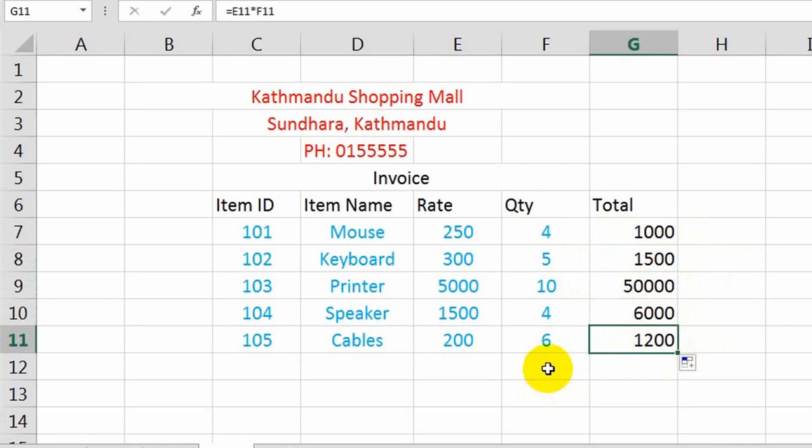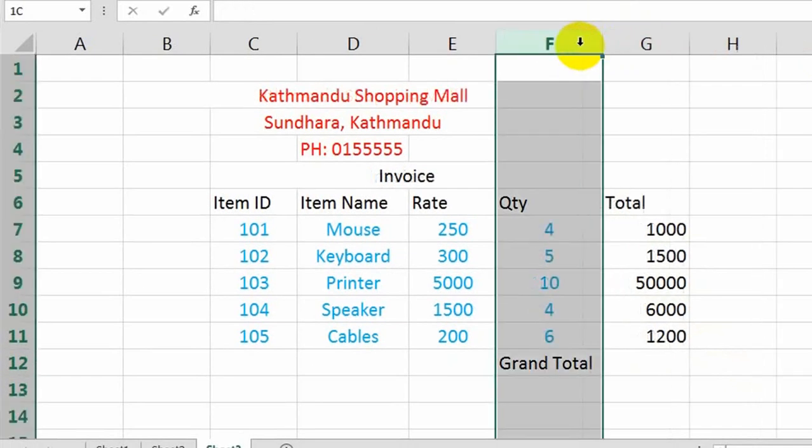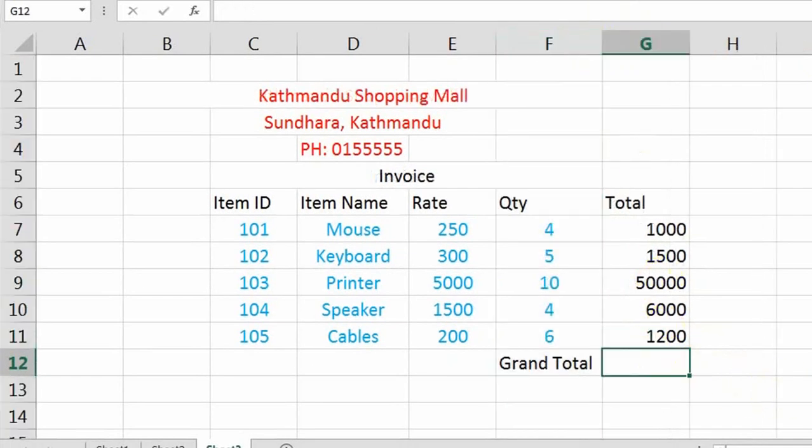Now if you want to calculate like grand total, we can just double click on it. Okay, now how do you calculate? Equal to sign. Now this value plus this value plus this value plus this value plus this.